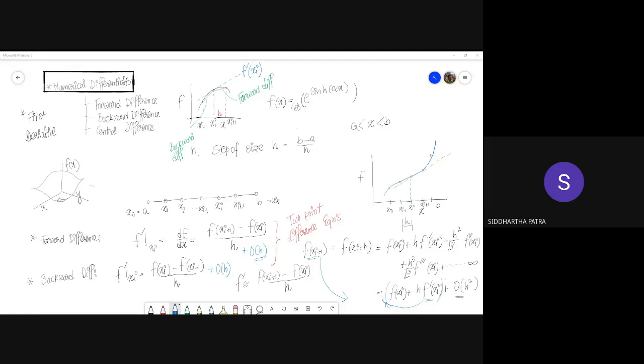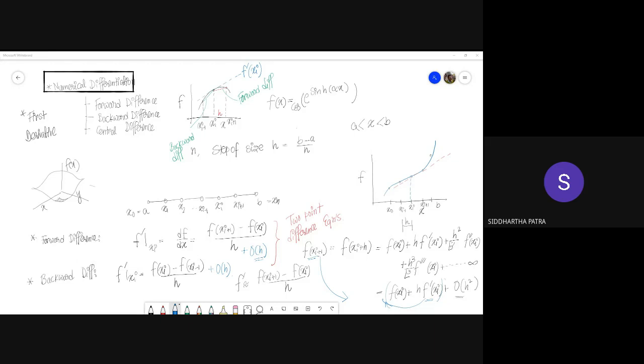Achha, what else do we know? That the number of terms that we take in the Taylor series matters. So instead of taking two terms, if we take three terms in the Taylor series, that will give us higher order of accuracy or lower error. So far we have only taken the first two terms and we have got order h of error. And if we take more terms, then we will have higher order of accuracy.